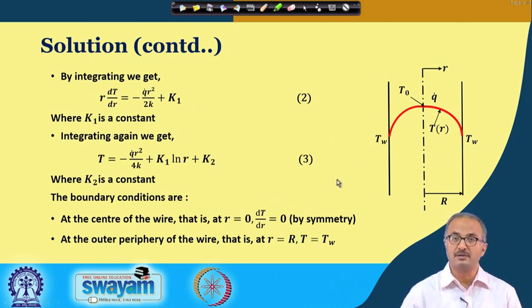Here we have to get the boundary conditions. There is no initial condition, only boundary conditions. It is a second order equation, so we have two constants of integration, and we need two boundary conditions. Here we are exploiting what we call the symmetry of the heat transfer. Because this wire is cylindrical with an axis, along the circumference of the wire there is only one temperature, that is Tw.